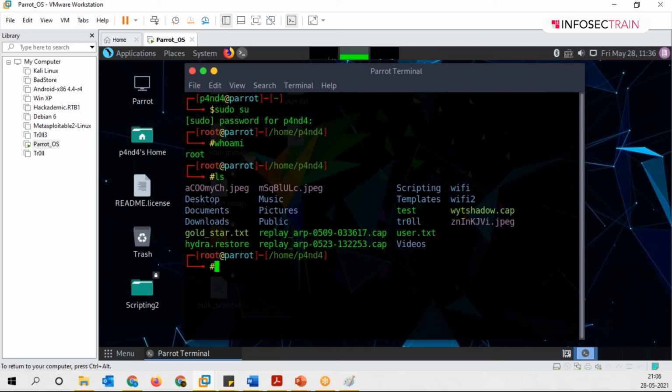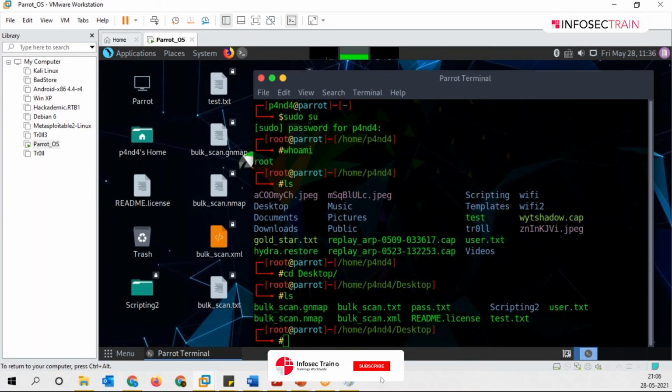So if I want to go to Desktop, what will I write? I will just write cd space desktop. Just hit the tab, it will automatically complete it for you, and hit enter. Can you see now? It says you're in desktop now. After Panda, it just added the desktop, correct? So even if I do ls now, can you see these files which are in my desktop? They are listed here, the files and directories, right?